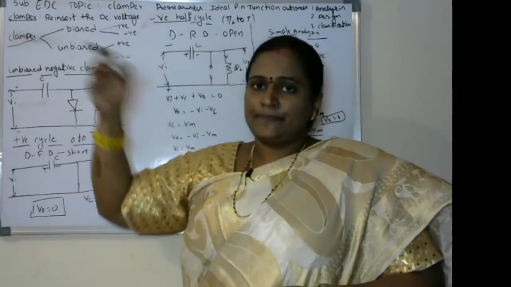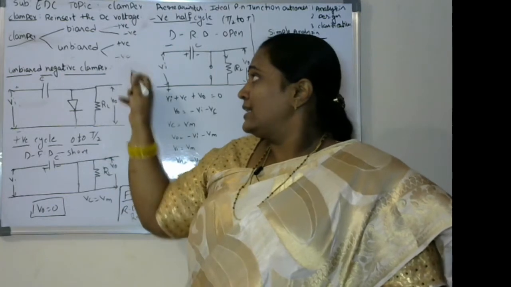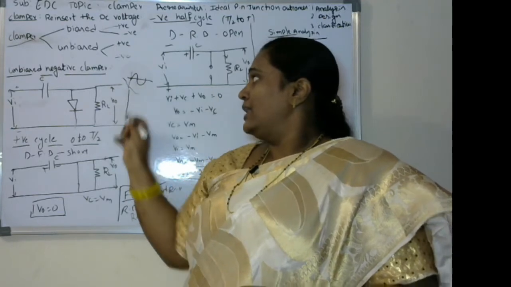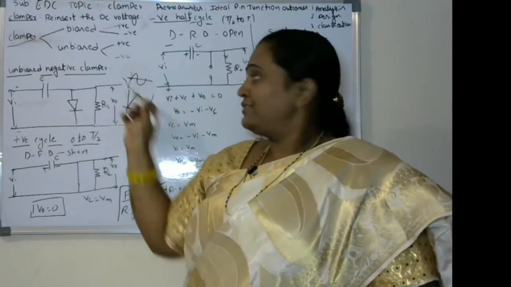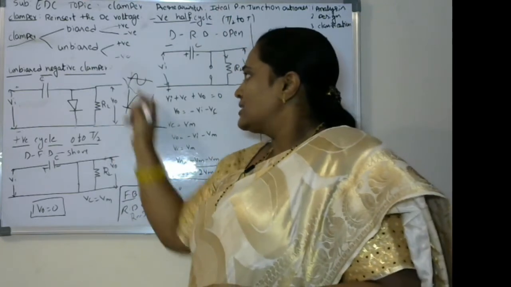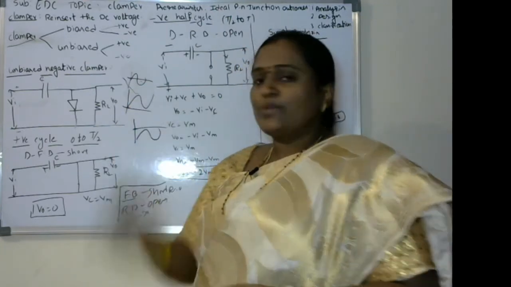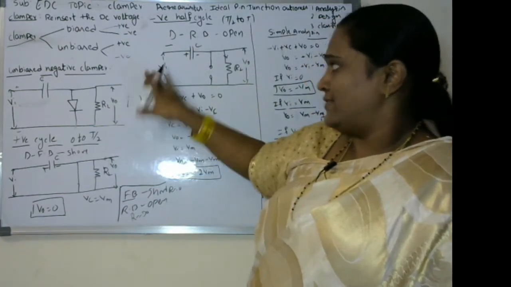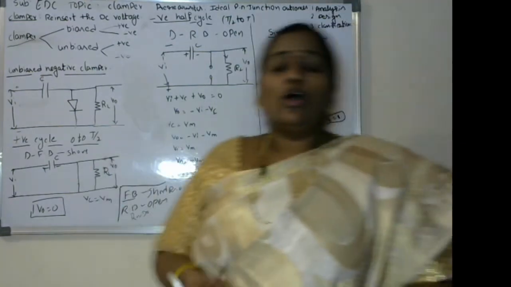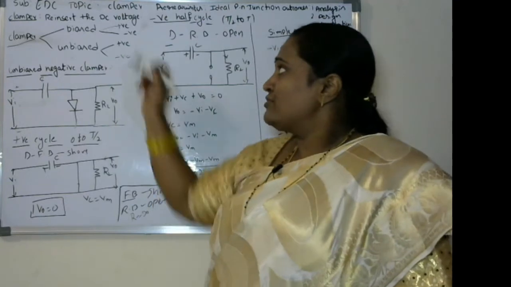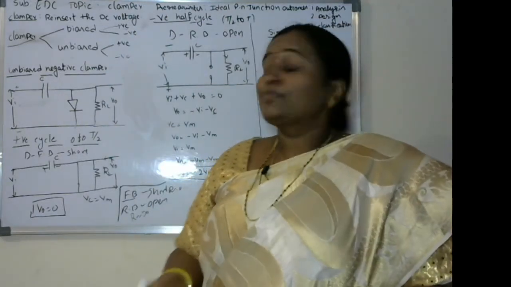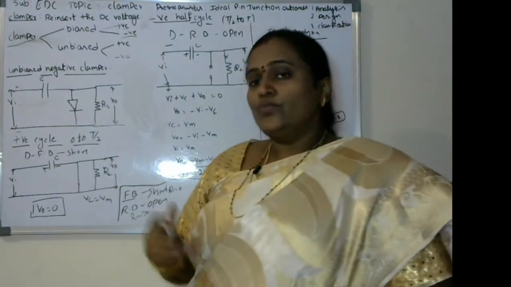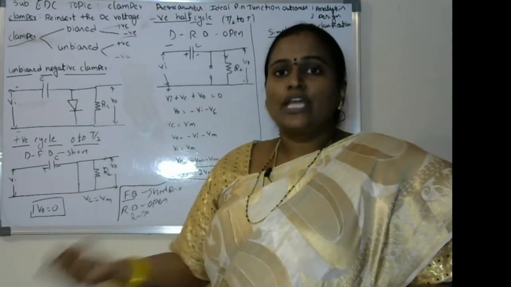Whenever you are reinserting, if I shift the sinusoidal like this, it is shifted to the positive side. If this is the original and it shifts like this, it is known as shifting to the negative side. So the clamper circuit can shift the waveform either to the positive level or to the negative level. If it shifts to the positive, it will be called a positive clamper. If it shifts to the negative level, it will be called a negative clamper. Depending upon which level the voltage has been shifted to, we give the names.